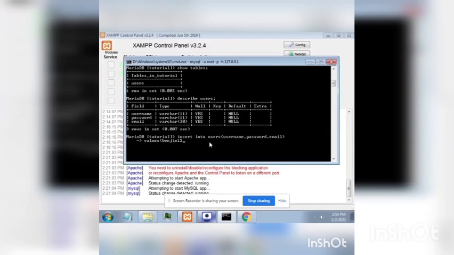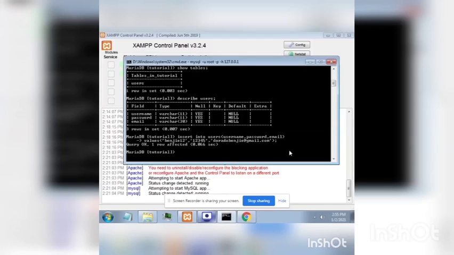And for that, type single quote, comma, single quote, comma, the email, single quote. Parenthesis, then semicolon, hit enter.